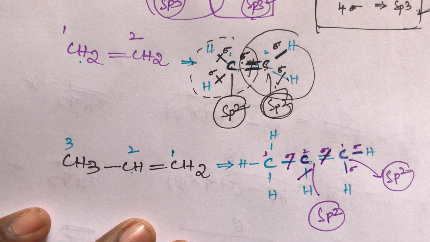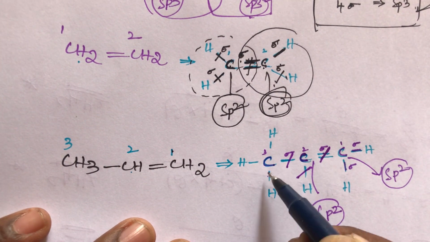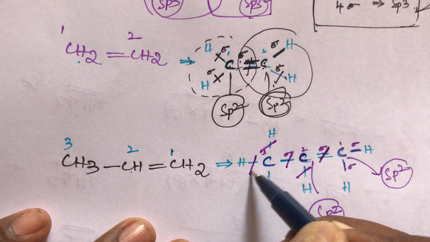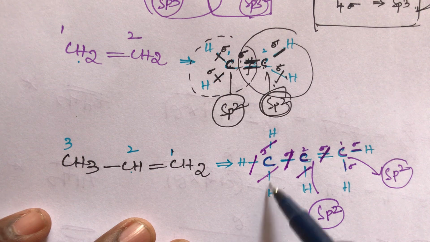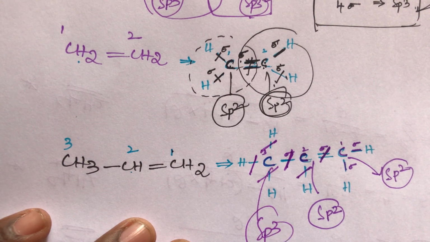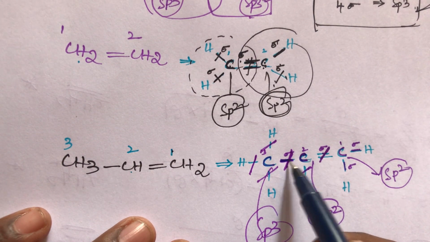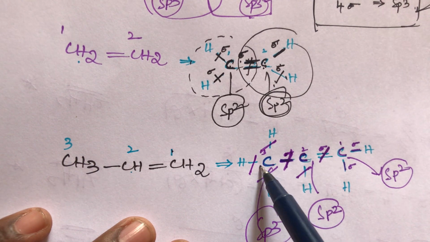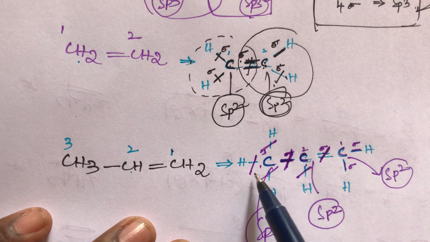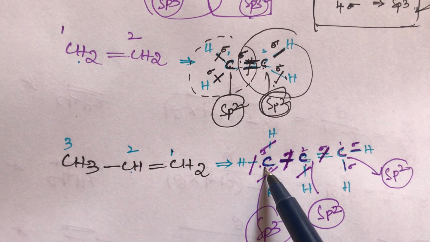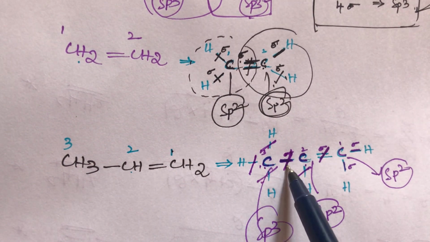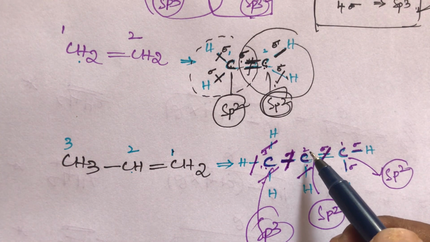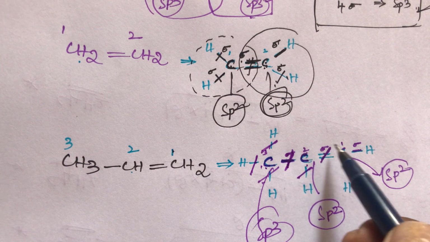What about the third carbon, student? This third carbon, how many sigma bonds are there? Here 1 sigma, here 1 sigma, 1 2 3 and 4. So it is sp3 hybridization. You remember, student, the middle carbon has 1 sigma bond. Count this 1 sigma bond for this carbon and for this carbon also. When asked about the third carbon's hybridization, there are 1 2 3 4 sigma bonds, so that's why sp3. If you take the second, what is the hybridization of the second carbon? The second carbon's surrounding means this placement.